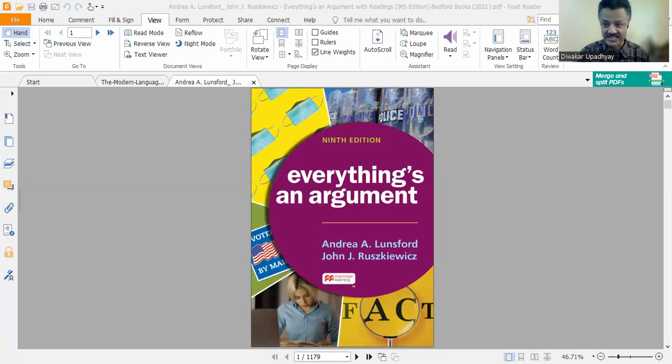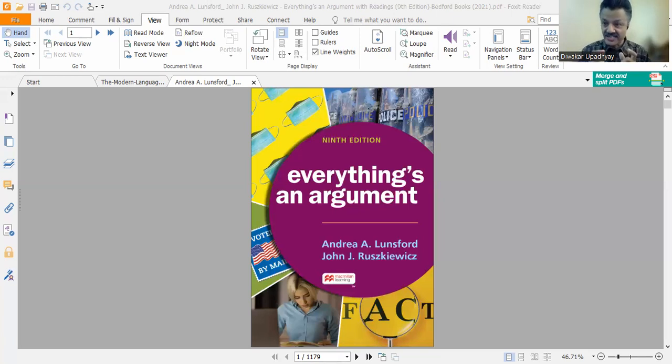And what draws our attention is we say, why is that E written in lowercase and not in uppercase? And moreover, you see, there is a contraction. Everything's, everything is. Normally, in a title of a book or in formal writing, in academic writing, in scholarly writings, we avoid using such contractions. Contractions come in spoken language. And when we transcribe spoken language, then we keep the contractions intact to show people that this is spoken language,